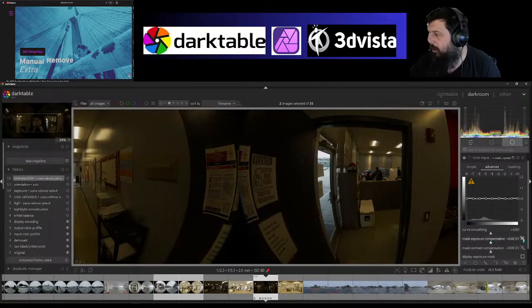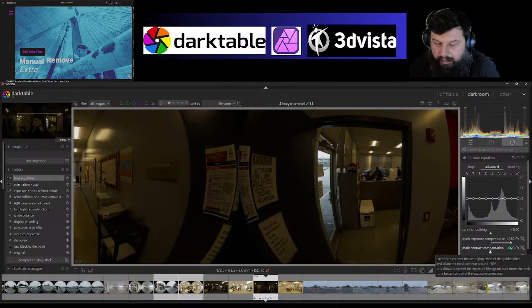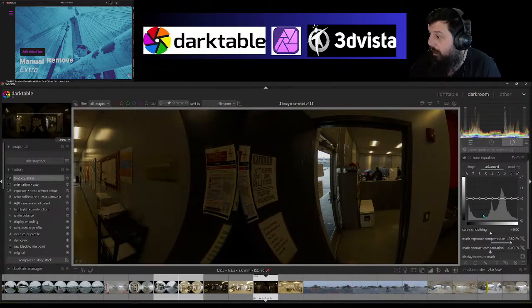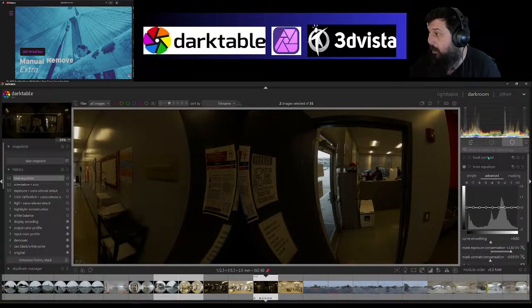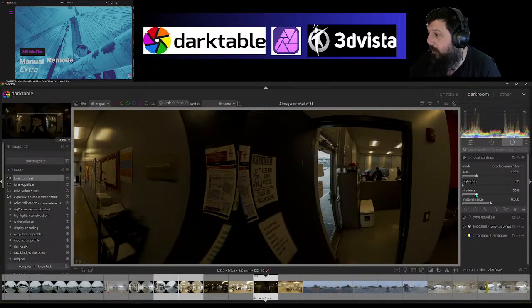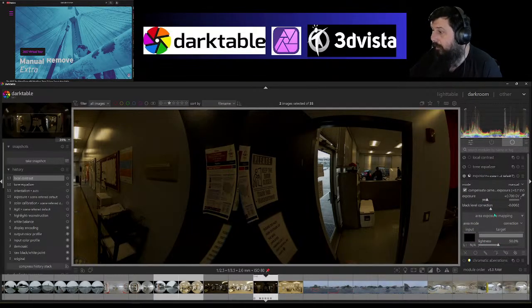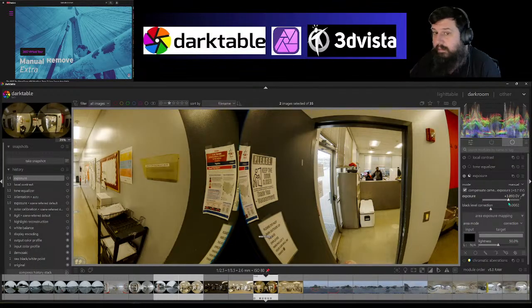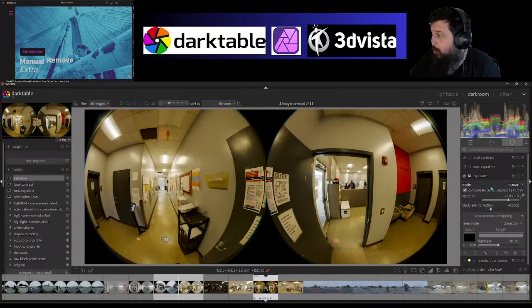Go to tone equalizer, fix this. Again, I'll be honest with you, I don't even know what this does. All I know is we don't want that yellow warning sign on here, and click auto fix. So sometimes you just have to kind of go with it. I should learn what it does, how it plays in, eventually, but today I just want to